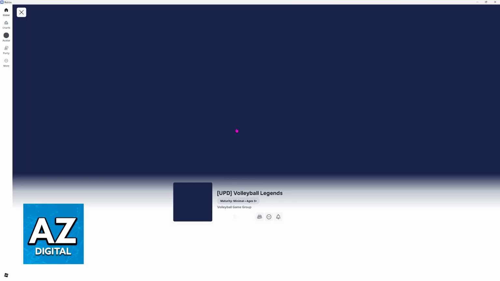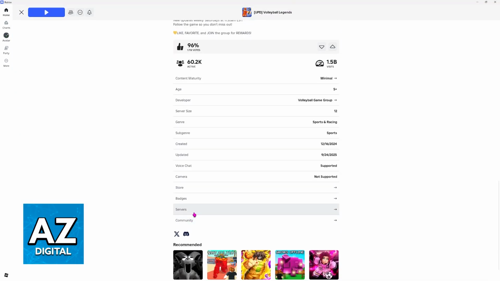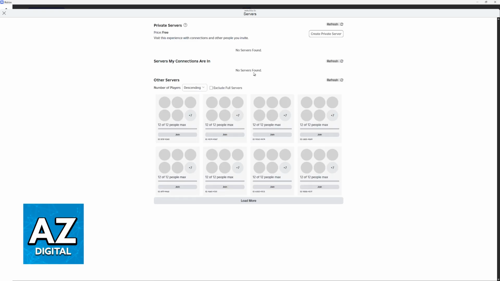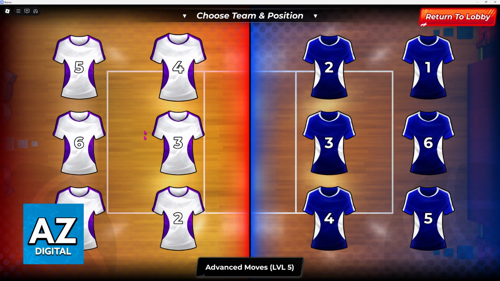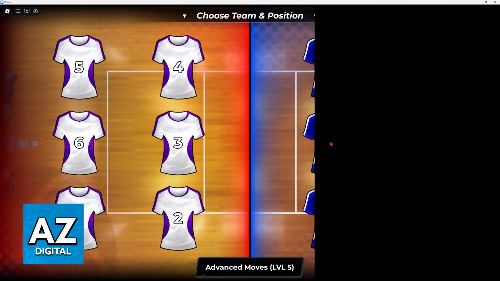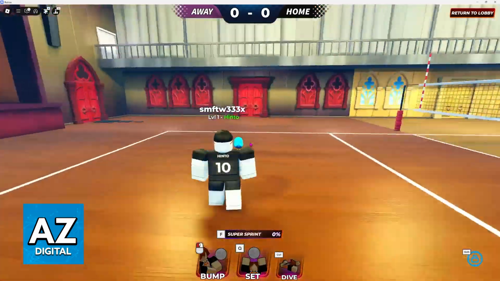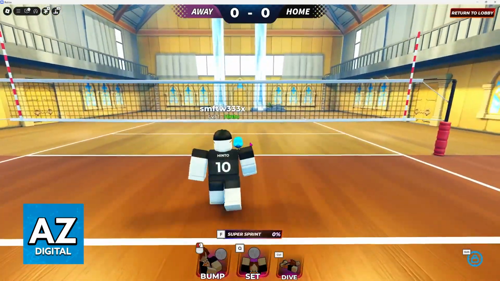I'm going to demonstrate this in a private server because I believe it is simpler to do. But you can do this on any platform. Like you saw, they also have controls available for controllers, so you don't have to worry about that. When you join a private server and the round starts, you can do the exact same thing. And then you just have to use the buttons displayed at the bottom here.